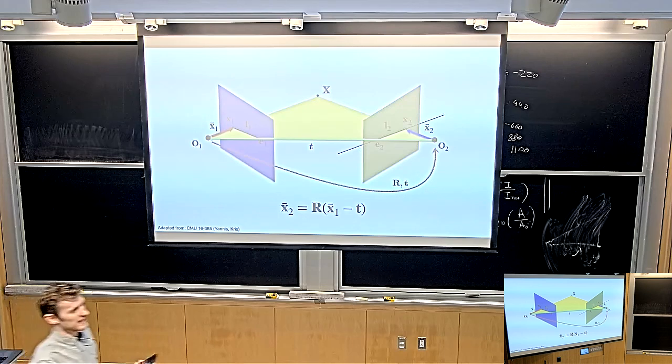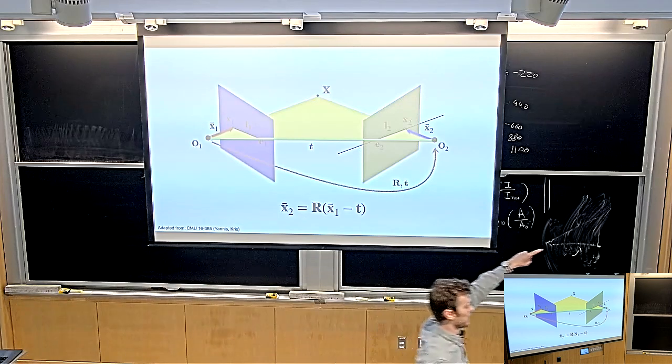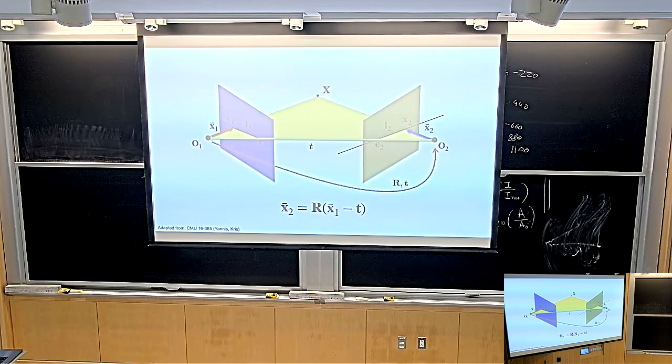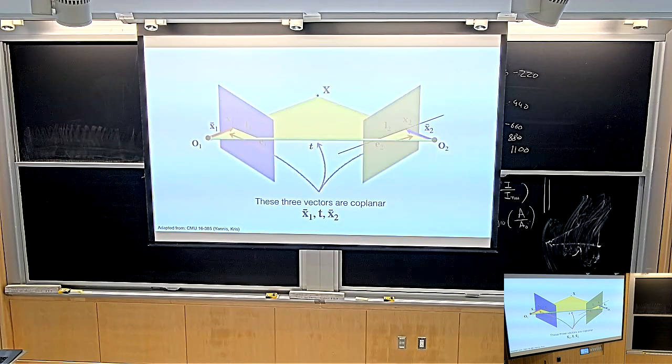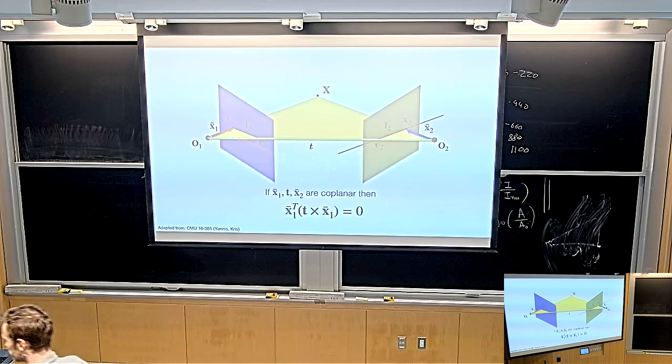We know the equation that takes us from this vector to this vector, because we know the offset and we know the rotation between the 2 cameras. So this now is the relative rotation. This is not part of the cam-to-world or world-to-cam matrices. It's just literally a rotation that maps you from that orientation to that orientation, some 3x3 rotation matrix, and this is the translation that maps the 2 camera origins onto each other. So these 3 vectors are coplanar in the sense that they all lie in the epipolar plane.